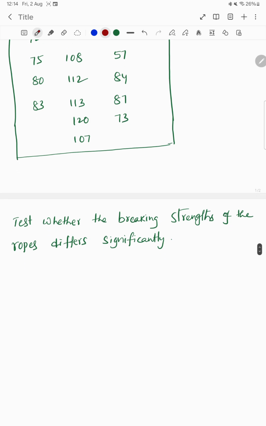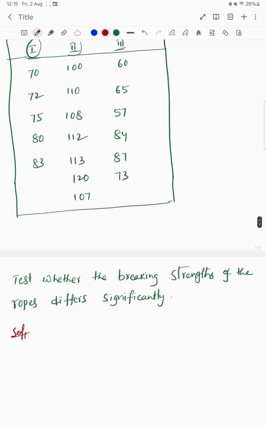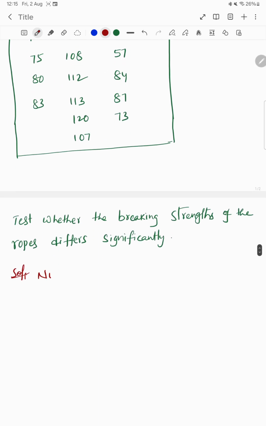So let's go with the solution. As we know that ANOVA can be applied for testing of hypothesis. So testing of hypothesis basically follows 5 steps. So step 1 is null hypothesis. As we know, null hypothesis is denoted within brackets H naught. So obviously in the null hypothesis we assume that there are no significant differences